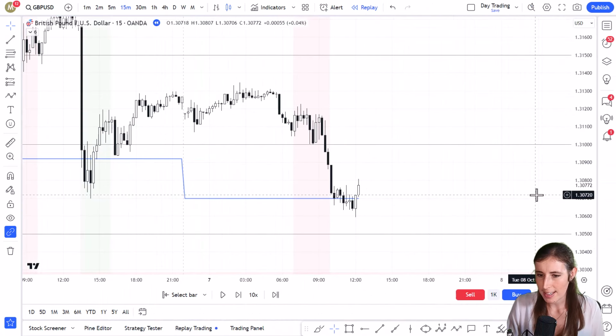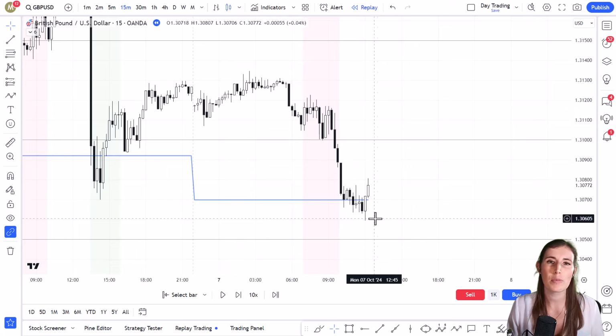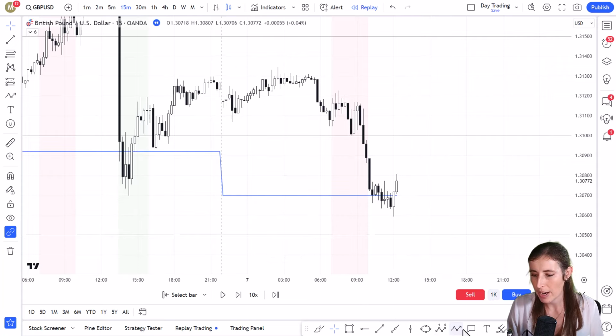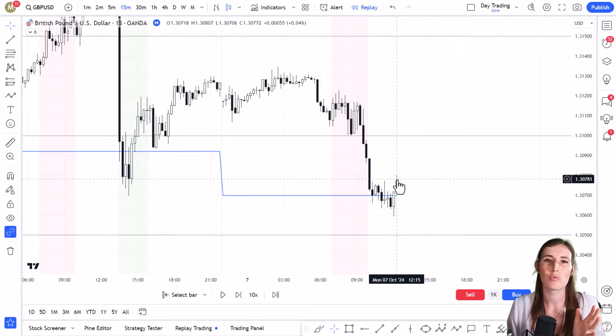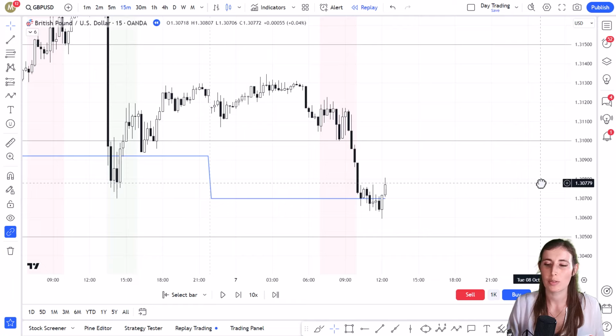So during the London session, we had a sell-off and price came to the previous daily low. It consolidated, it broke, but there was no momentum. There was no massive candlestick breakout here. There's no volatility, no volume, nothing. In fact, price decided to come back up and it closed above the previous consolidation, which to me is indicative of a potential reversal. So moving on into the New York session, I was watching this